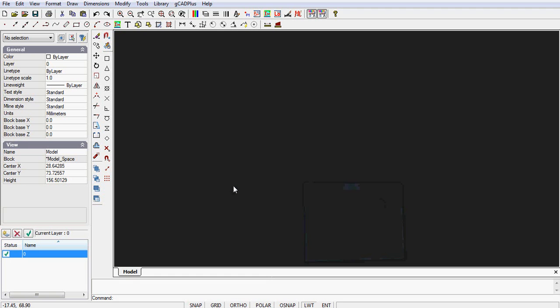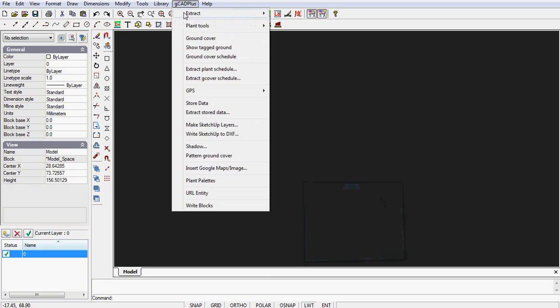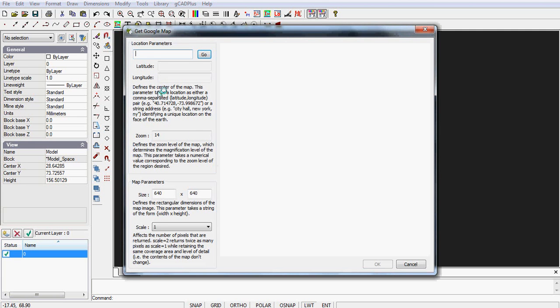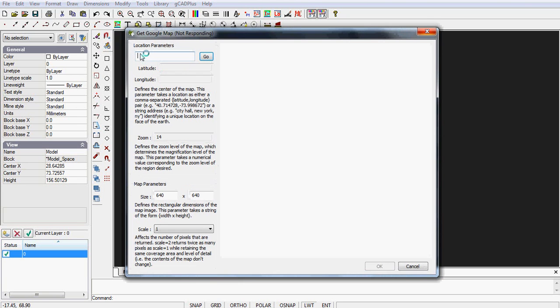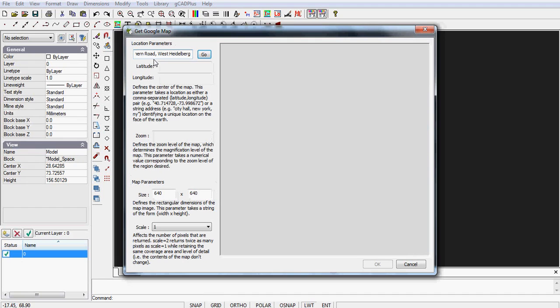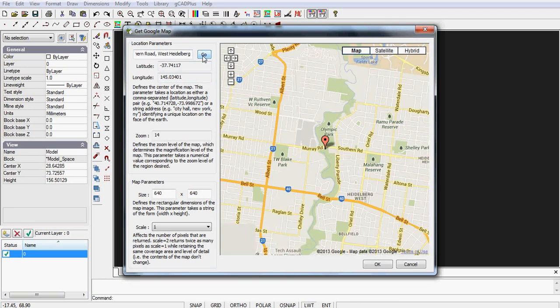The Google Maps feature can be used to type in an exact address. Let's start the tool, insert Google Maps image, and up will pop our dialog box. You can type directly into that box any address and Google Maps will find that address. So let's do that. This is an address in Victoria, so we'll go and up pops the